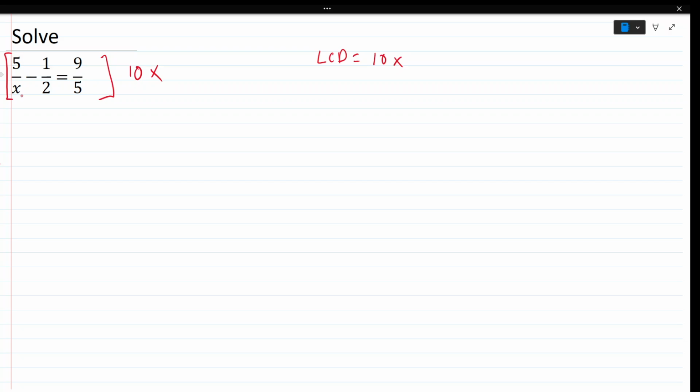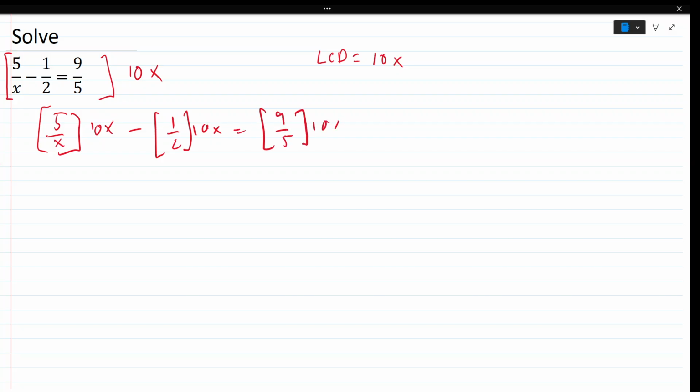Now if you multiply 5 over x times 10x, the x's would cancel, so that would be 5 times 10. Let me write this out. So you'd have 5 over x times that 10x minus 1/2 times the 10x equals the 9/5 times the 10x. So like I was saying here, the x's would cancel, so you'd have the 5 times 10, so that'll